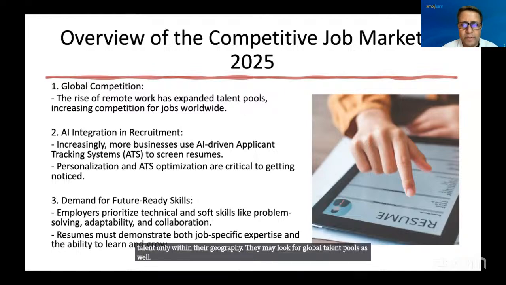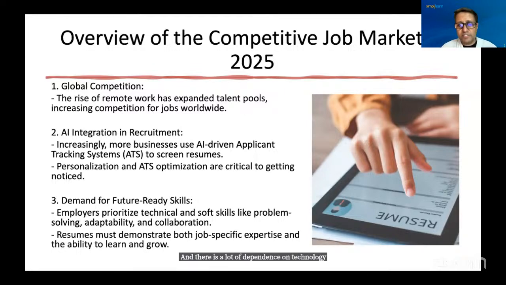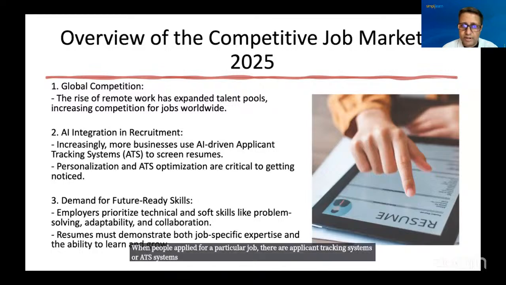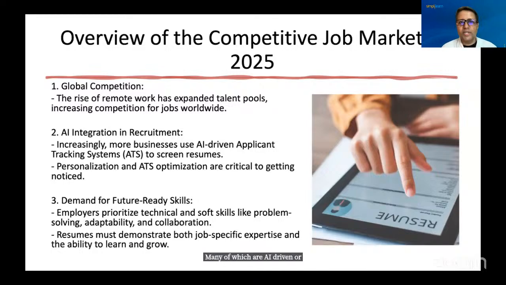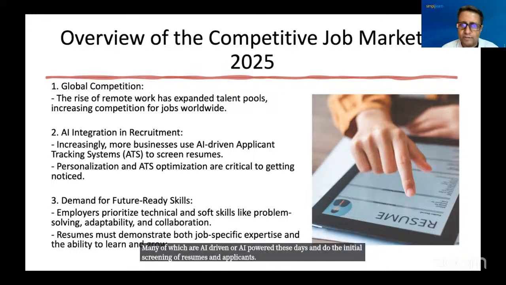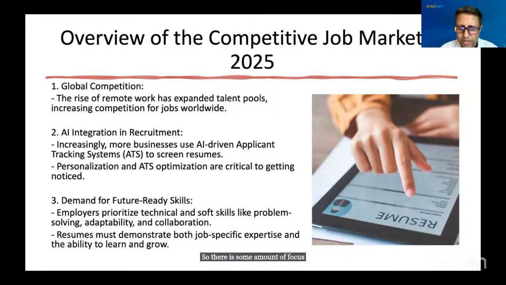And there is a lot of dependence on technology today as the first step. When people apply for a particular job, there are applicant tracking systems, or ATS systems, many of which are AI driven or AI powered these days, and do the initial screening of resumes and applicants. So there is some amount of focus we need on that aspect. I'll talk through that towards the end of today's session. And there's a huge demand for future ready skills, right? So one of the key things that I like to talk about is how, and I'll bring this up again towards the end, how